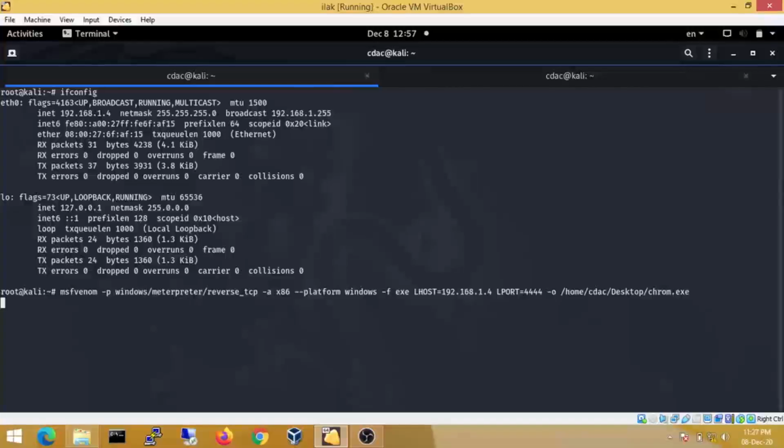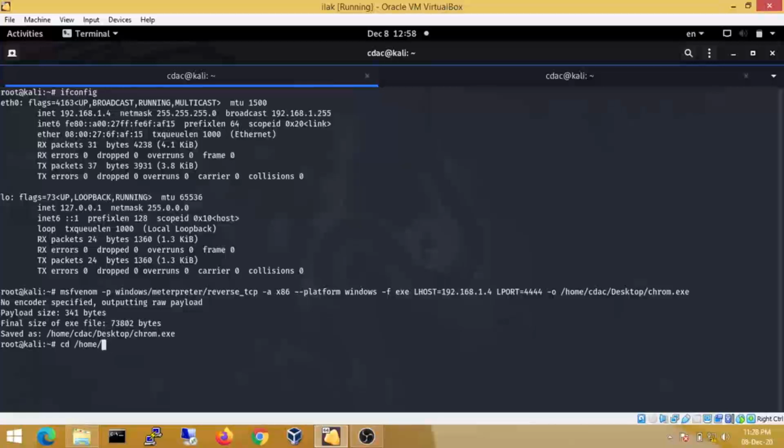It will take a few seconds to generate the payload. So here you can see the payload is generated, and we can check whether the payload is generated or not on our desktop. So for that we need to move to the